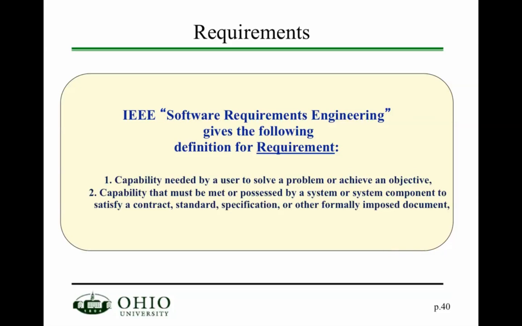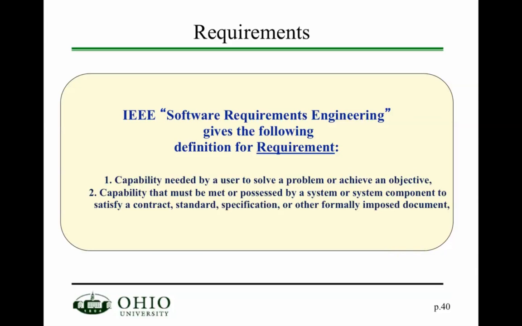If you look at the IEEE Software Requirements Engineering Standard, it gives the following definition of a requirement, which is on the slide. First of all, it must be a capability that's needed by a user to solve a problem or achieve an objective. In other words, we take an objective and add more detail on the what, so what we're going to do to achieve that particular objective. And of course, when we're adding more and more detail, eventually you go from the what to the how. When we have enough detail, you're going to actually say, well, how are you going to do that